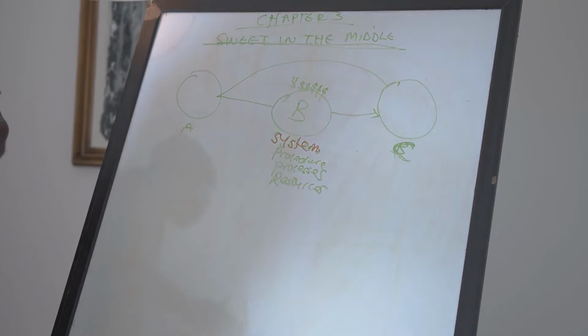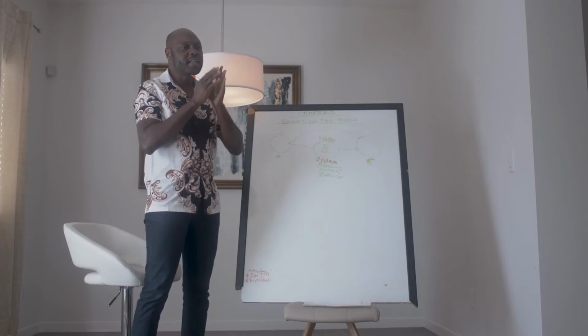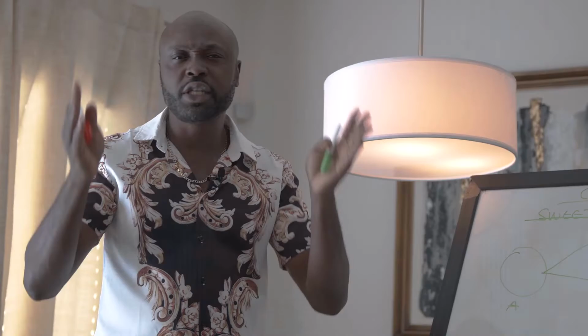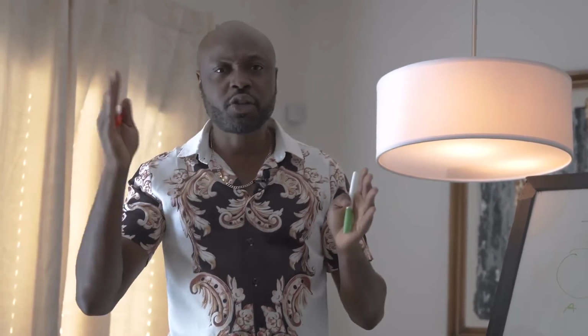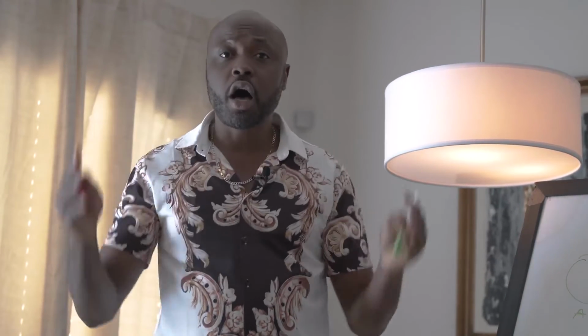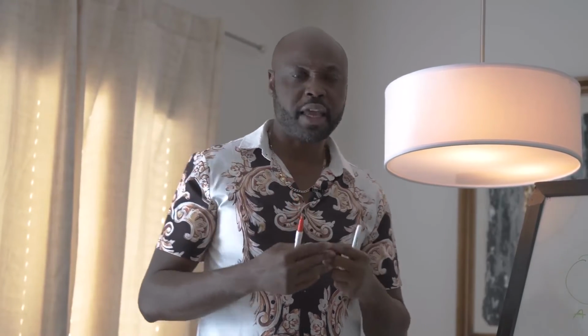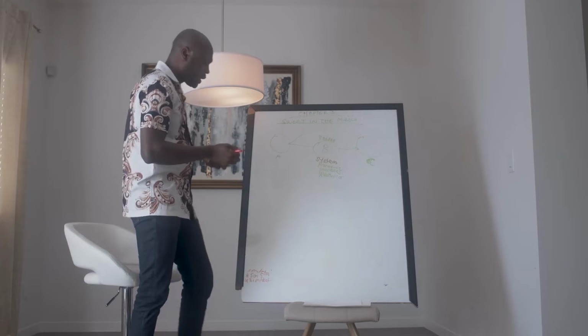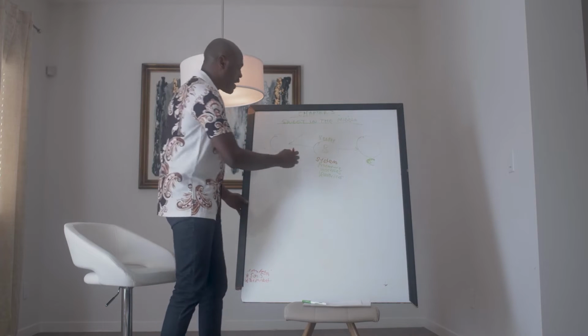Every time we're talking about sweat in the middle, you need to be able to focus your mind and say, how do I get in the equation of something that's already producing some type of income? And find a way that I will create a system that A can be connected to C, and I will be in the middle. And I'm going to give you a lot of examples, so you start seeing the fundamental of thinking. Take, for example, let's go back to the previous example we've talked about, the real estate agent guy.